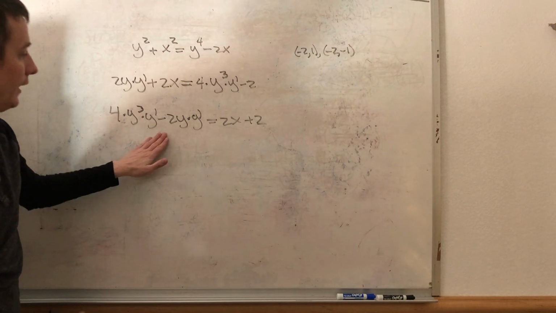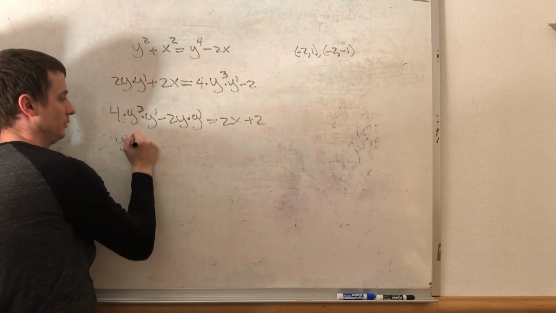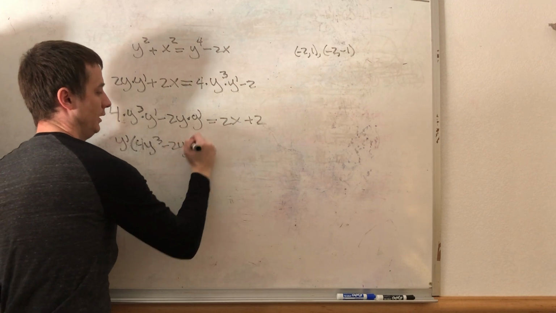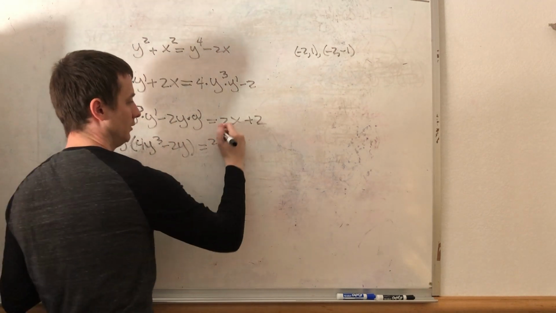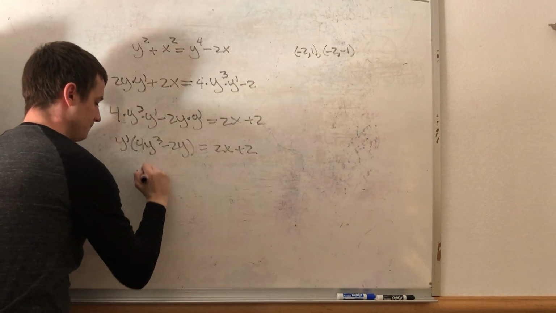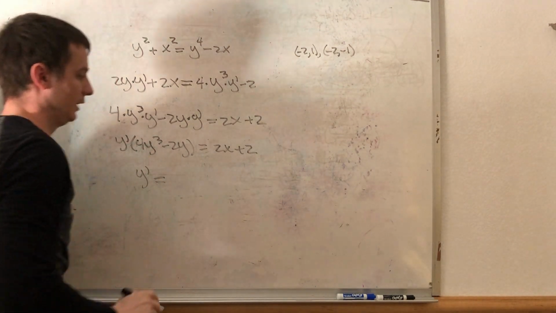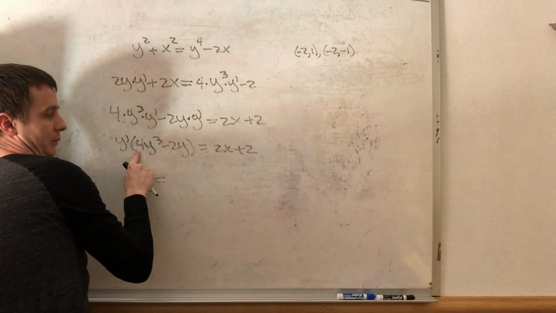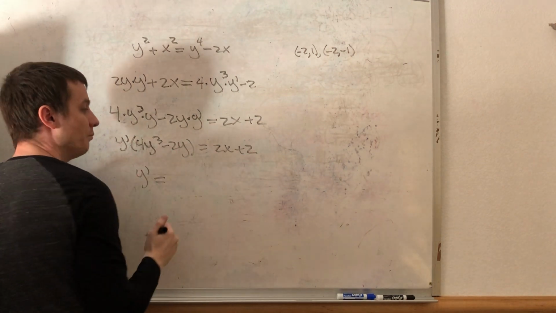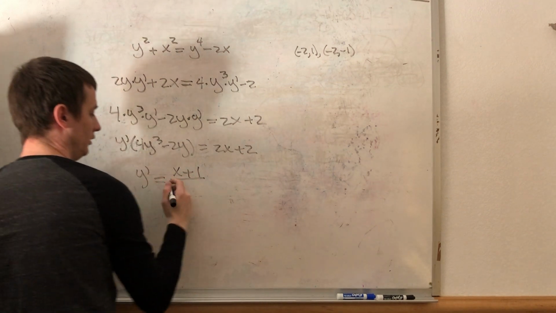Okay, so now factor our y prime out of this thing. So when we factor y prime out, we're going to get 4y cubed minus 2y is equal to 2x plus 2. Okay, so now y prime is going to equal this divided by this. Notice I can divide both sides by 2. I'm going to do that at the same time. That's going to make that a 2, that a 1, that a 1, that a 1. And then I'm going to take this and divide it by that term. Okay, so we have x plus 1, because we divided out the 2's, over 2y cubed